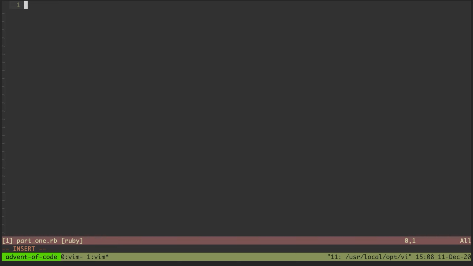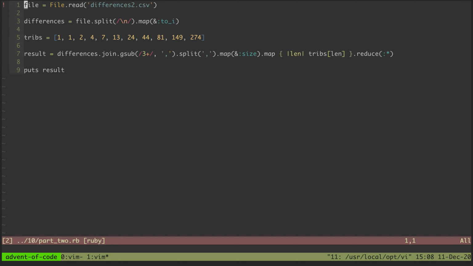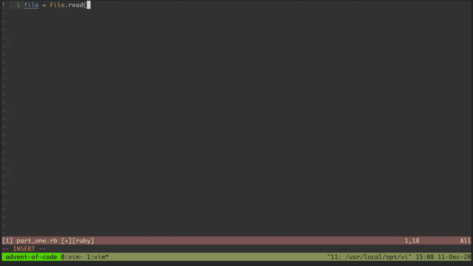So we can do that with File.open, File.read. Every single day I mix up which one of these it is. Let's see. Day 10, part 2, it's File.read. Okay. File.read, sample.txt, and then we can